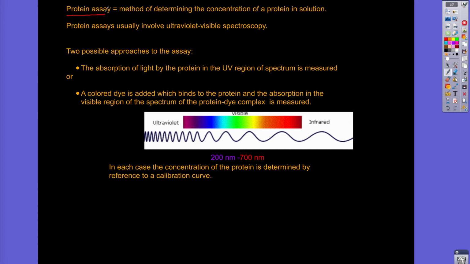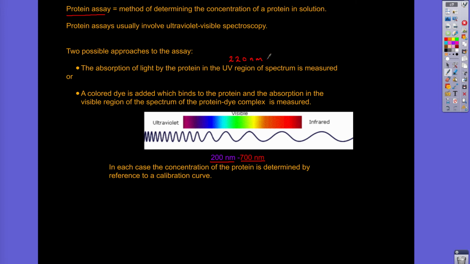Protein assay is a method to determine concentrations of protein solutions. It usually involves a UV visible domain, so a range of 200 to 700 nanometers maximum. There are two possible approaches. One is directly you can put it through the protein sample; about 220 nanometers is usually absorbed because of the aromatic